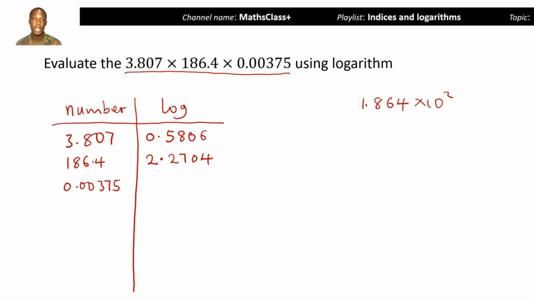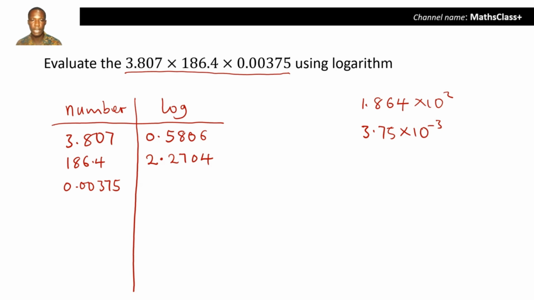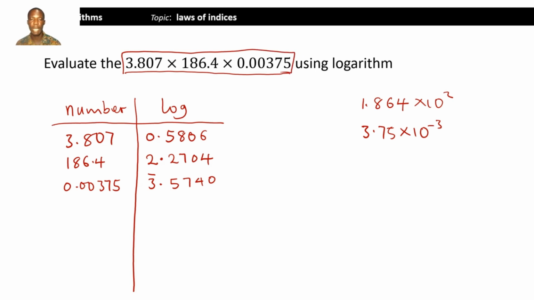And then the third number, 0.00375. If I convert to standard form, I'll get 3.75 times 10 to the power negative 3. And that my characteristic is 3 bar. And then my mantissa is 5740. Okay, so in logarithm, when you find the log of three numbers that are multiplying, we separate them with addition. So it's going